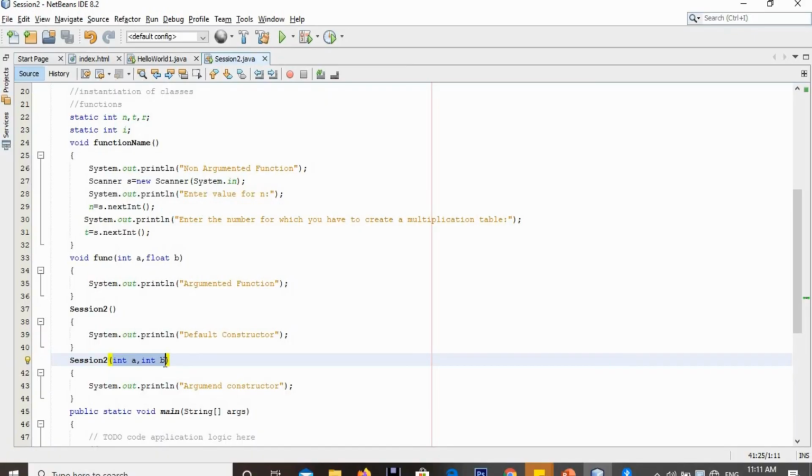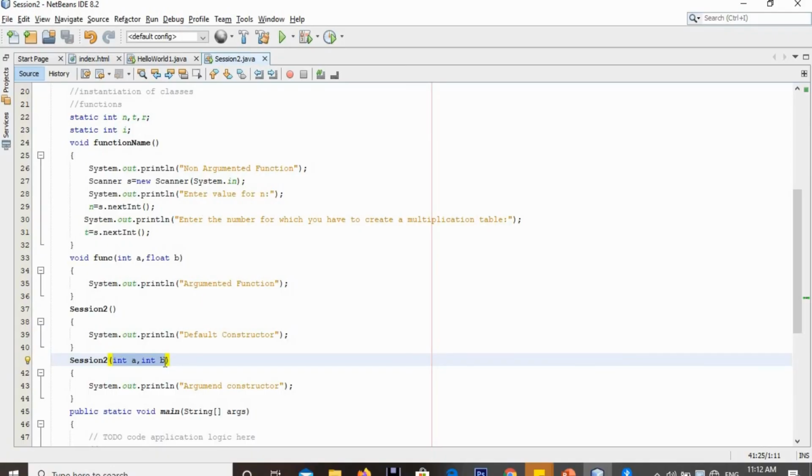When two functions have a similar name but different types or different numbers of arguments inside the same class, we can say they are overloaded functions. This is a brief intro about function overloading and constructor overloading. I will explain these two things in the video on polymorphism, an interesting concept we can learn in our upcoming session.